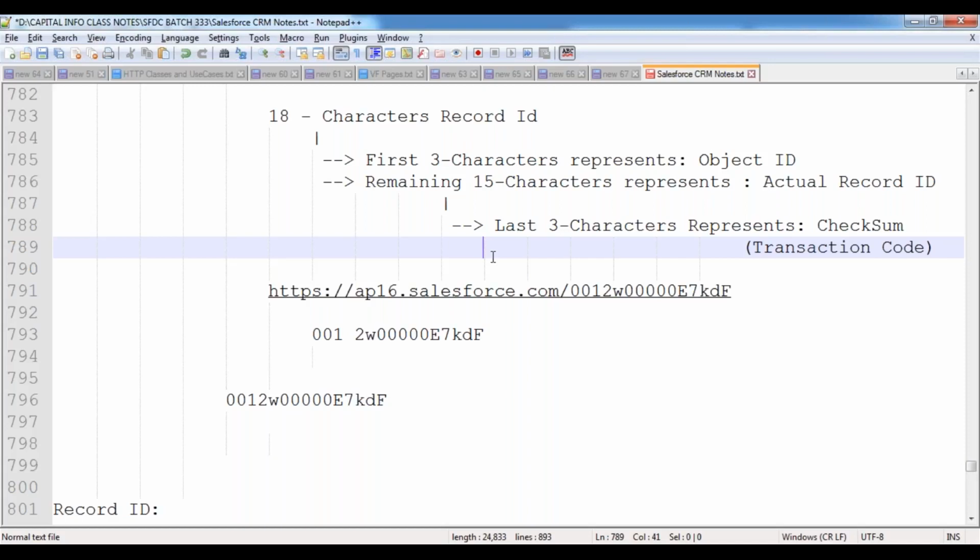Like for example, let me explain one more small scenario. Assume that today I went to a bank ATM center to withdraw some money. I have withdrawn 5,000 rupees from my bank account, and then you will get a transaction slip. Now tell me, in the transaction slip, is your complete account number available?